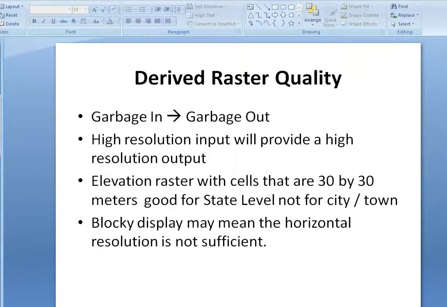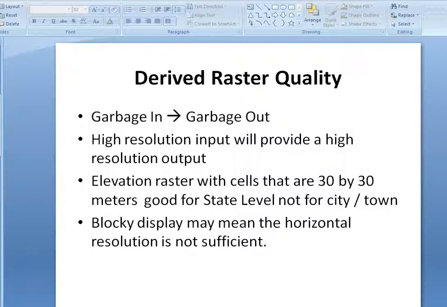One of the concepts they talk about in this lab is the quality of the raster. And so if you have a very high resolution, you will get a high resolution output. So what they're talking about is the size of your grid cell. So if you have a 100 meter by 100 meter grid cell, that's pretty huge, and that would maybe be good for state level or continental level. I've seen some global climate grids that are 1,000 meters by 1,000 meters. So that would be a really low resolution